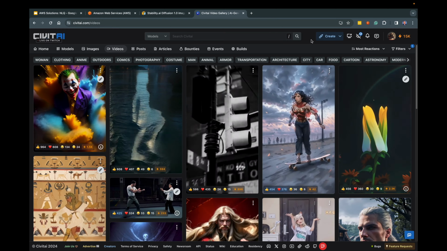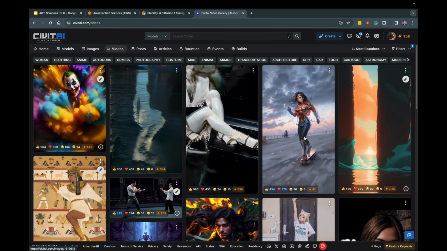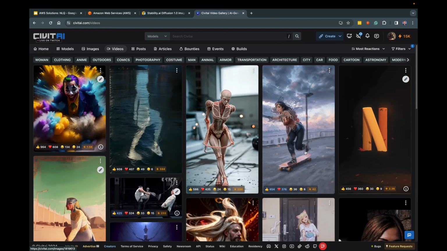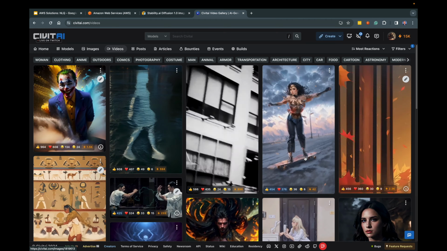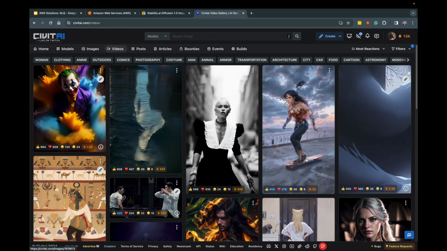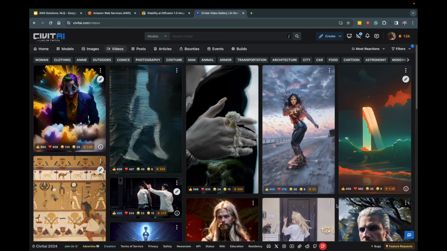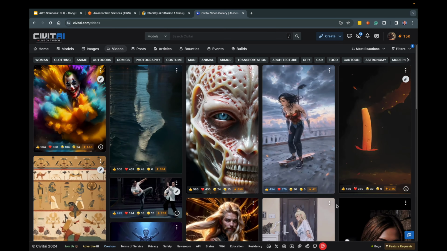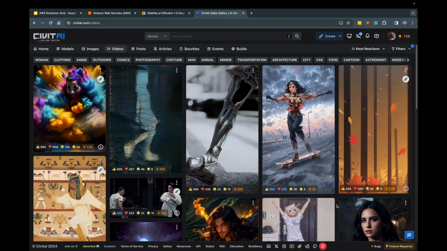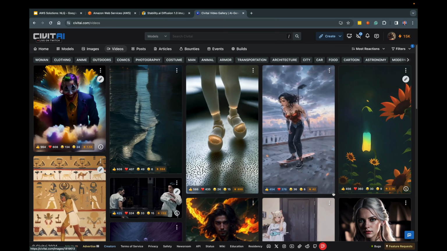Now, in some cases, you can look at the third one here, it's intentionally not consistent. But if you look at other ones like Wonder Woman, which I think is just an amazing video on the skateboard here, probably one of my favorite, they're staying very consistent there. And that's by using some of these other tools, you'll get that. You probably won't get that using the SDXL base model and that video to frame to video technique, but it's a good way to learn how these things are done. Again, it's learning Amazon Bedrock,